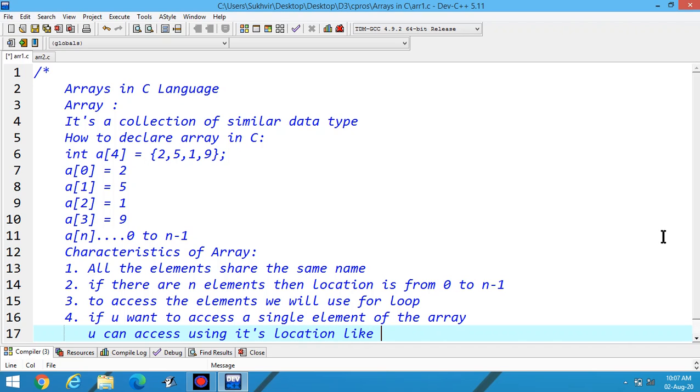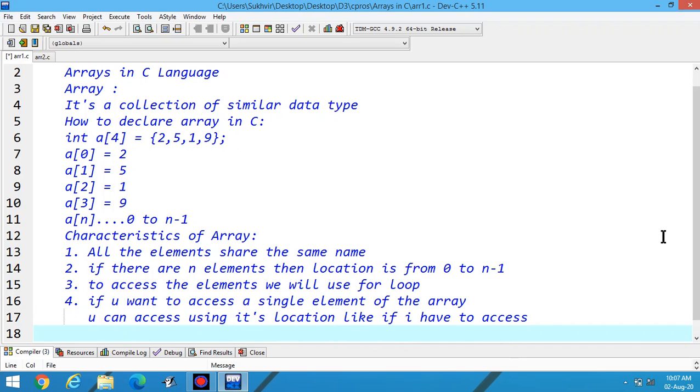Like if I have to access 5 from the above array, then I can write A1 like this.